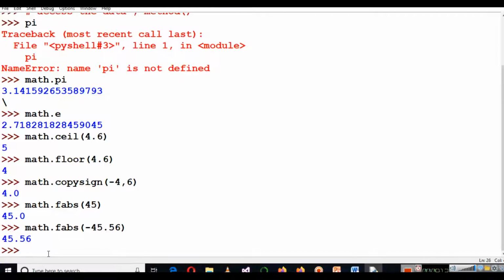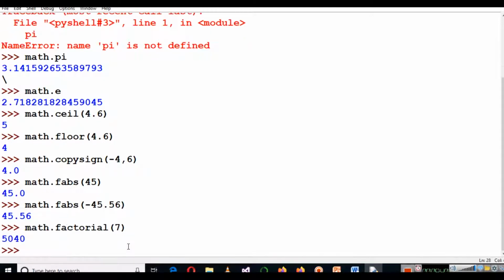Next in the math library we have factorial. It will return the factorial of any particular number. So if I write 7, it will give me the product of 7, 6, 5, 4, 3, 2 and 1. It multiplies the number with the numbers less than it, one by one, up to 1.